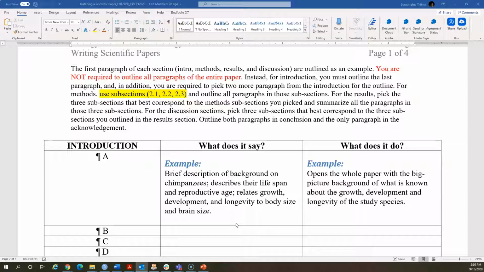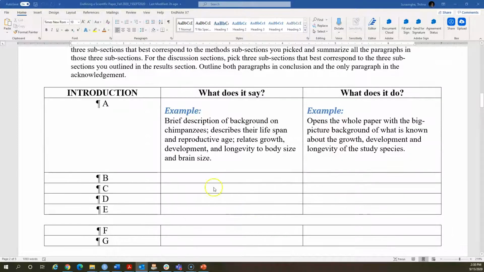So you have to tell me for this case, right? The purpose, what does it do, is to open up a broad theme with respect to chimpanzee biology, right? It's painting the background information. It's telling us the knowledge thus far. As simple as that. So A is done for you,